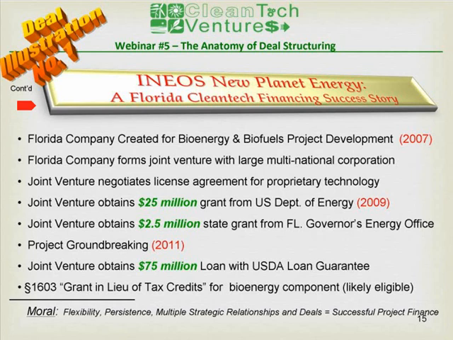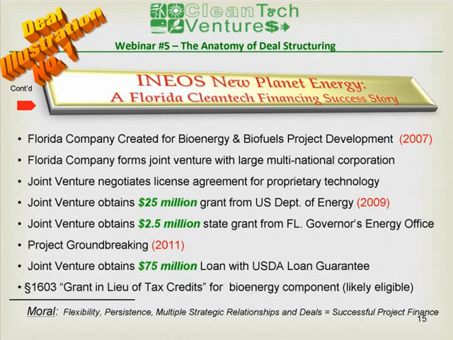They later formed a joint venture. So one of the examples Bernie gave at the very beginning, a joint venture, a partnership with a large multinational corporation, in this case INEOS, the fourth largest chemical company in the world. In the course of doing that, they negotiated a license agreement, which is the example Carl's going to go into. In this case, they in-licensed. They licensed technology from this large company in order to generate biofuels, ethanol, from cellulosic materials.